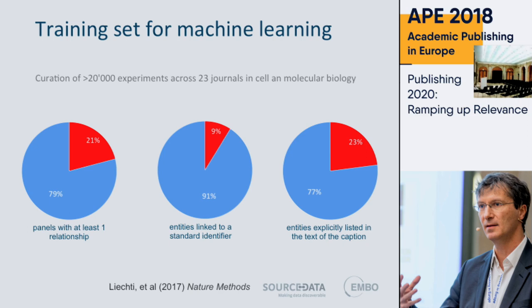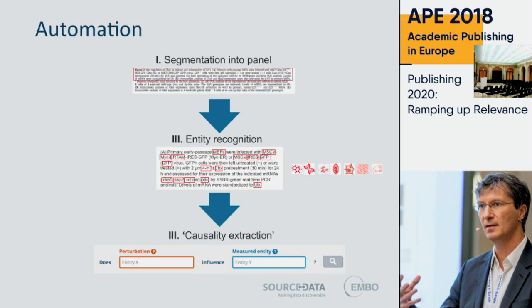Now, automation of a task like this is very difficult, and it involves several steps, essentially 3 if we focus just on the text. The first one is to segment figure legends into individual panels. This seems to be trivial, but it is absolutely essential if we want to have a coherent scientific description of an experiment. Figures are too heterogeneous. There's some kind of a melting pot of all kinds of things.